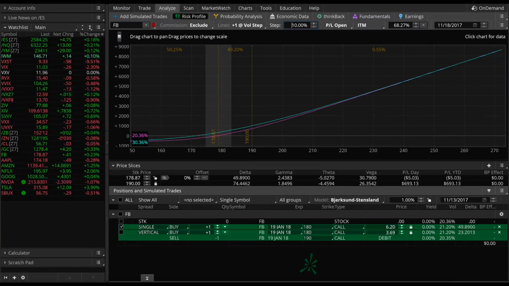So, for example, if you had a $100 stock with 20% implied volatility and a different $100 stock with 30% implied volatility, the $100 stock with 30% implied volatility would have more expensive options and therefore more extrinsic value in those options compared to the $100 stock with 20% implied volatility. So when we're talking about changes in implied volatility, we're basically talking about overall changes in the prices of options